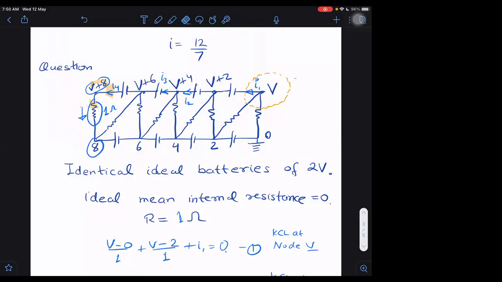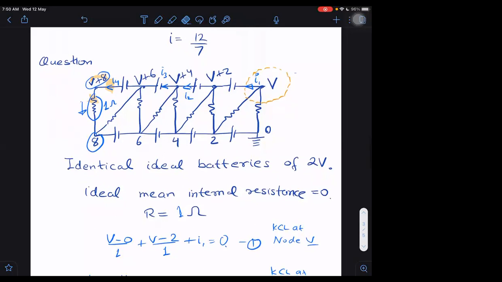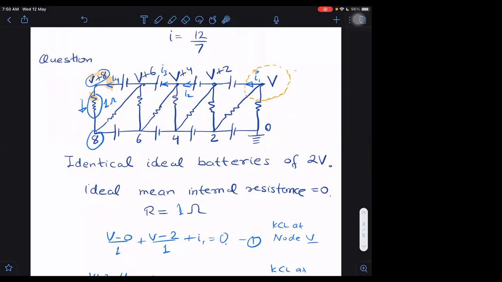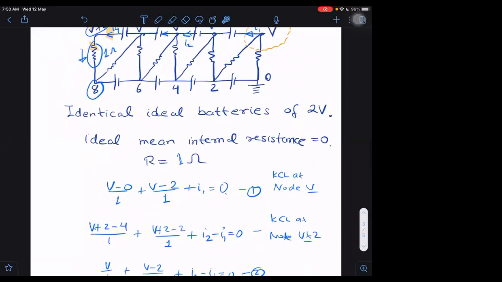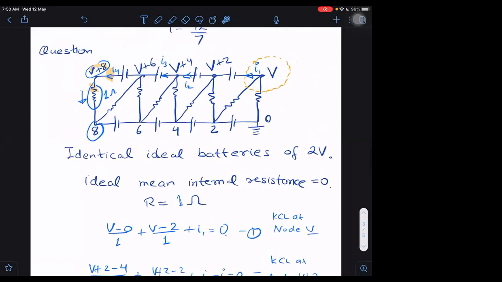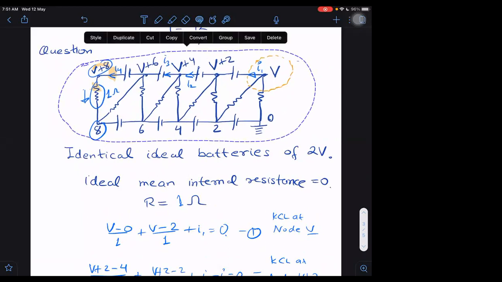Right. Now, how to do it by one equation? KVL. KVL will be, I think, complicated itself. KVL will also not be giving us the answer very fast. Will it be? Okay, let us try KVL. Okay, it is a good idea now. Actually, what you did, very good you did that. That is making me feel that you have some loopholes in understanding of KVL as well.